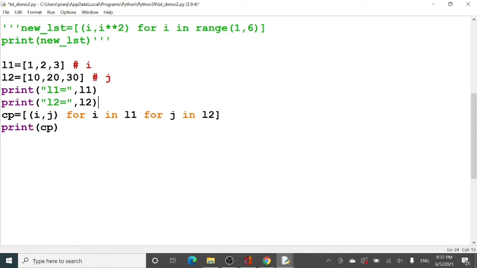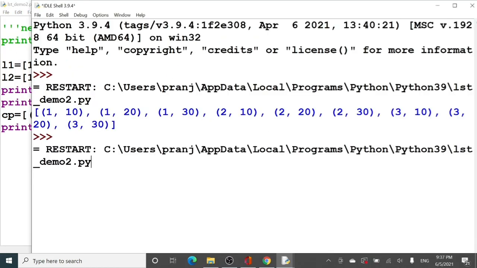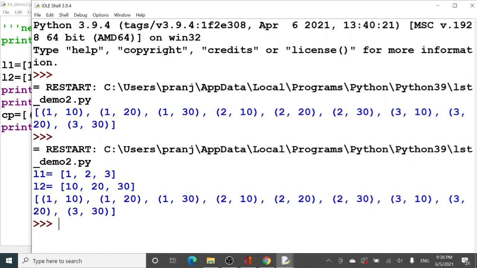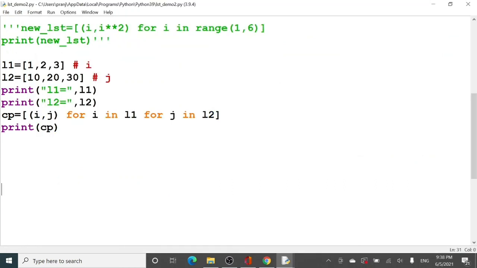Now that will be easy to visualize. So now you have a list L1 that has 1, 2 and 3, and then 10, 20, 30. So now 1 is paired with 10, 20, 30. Then 2 is paired with 10, 20 and 30, and 3 is paired with 10, 20 and 30. Right? So that is the Cartesian product that we got.